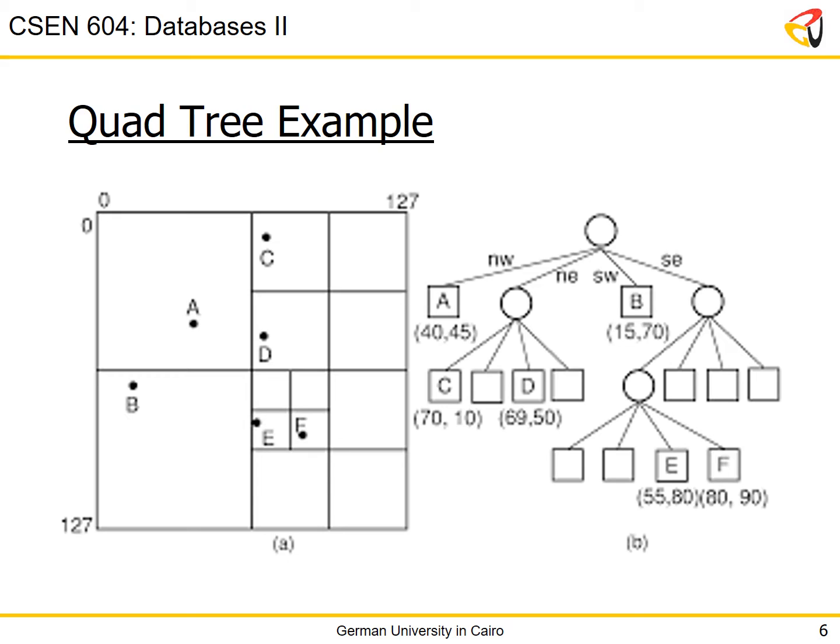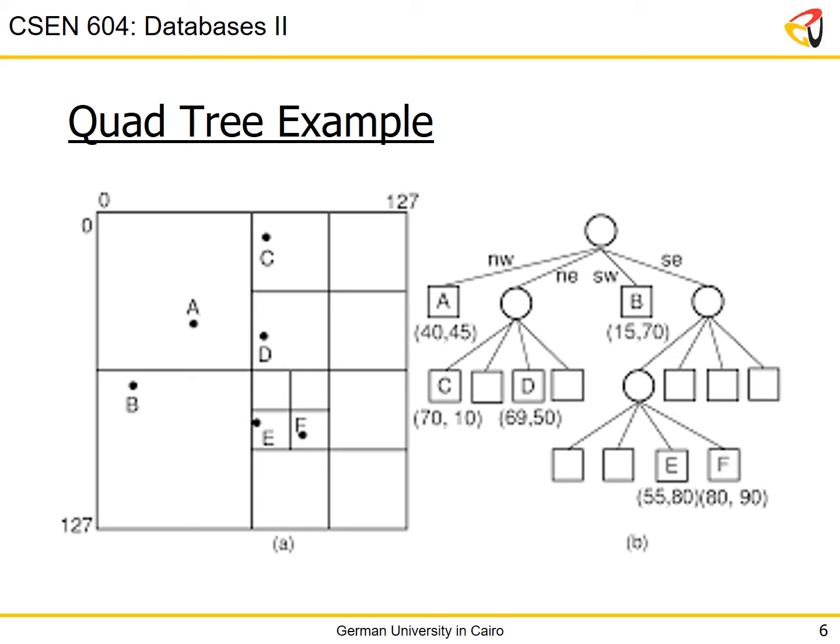From what we have just done from this exercise, we will construct the quad tree, which appears on the right side. Now, the quad tree, as a rule, every node will have 4 children or 0 children if there is no children. Okay? There is no intermediate possibilities. Okay? So if we start from the root, we made 4 splits for the 4 big quadrants we created, and that's why you see 4